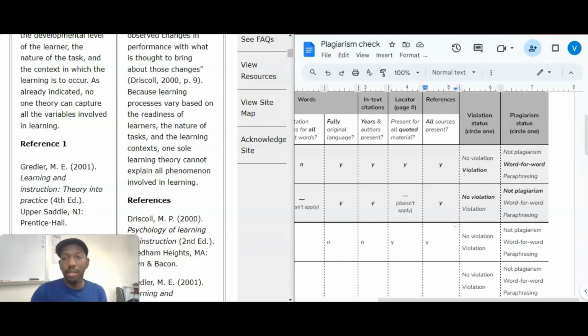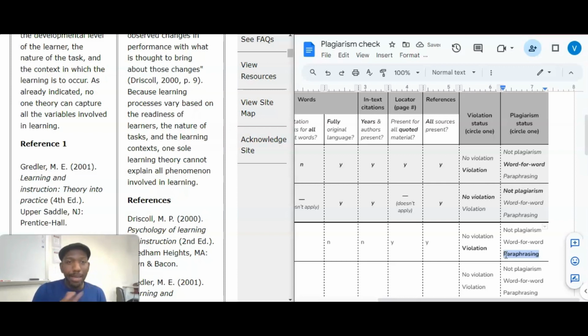So, is there a violation? Absolutely, because Gretler is not being cited. So it's definitely some form of plagiarism, but it's not the exact word for word plagiarism. Instead, this person paraphrased minimally without citing where that information is coming from. So that's why it's going to be a paraphrasing plagiarism issue.